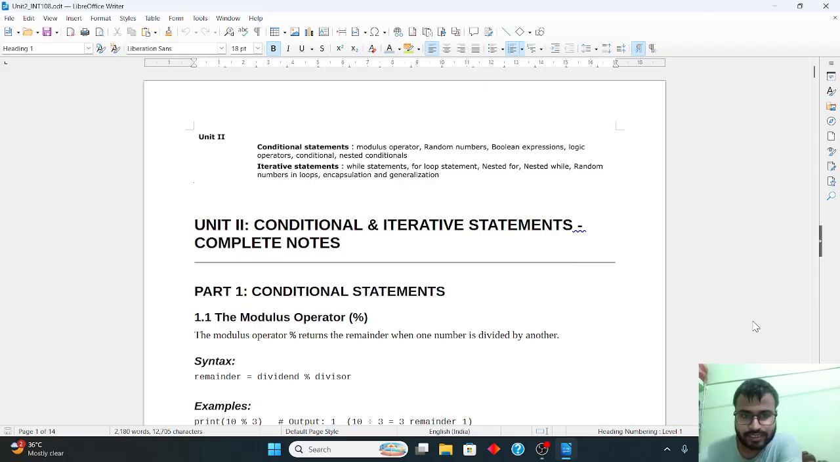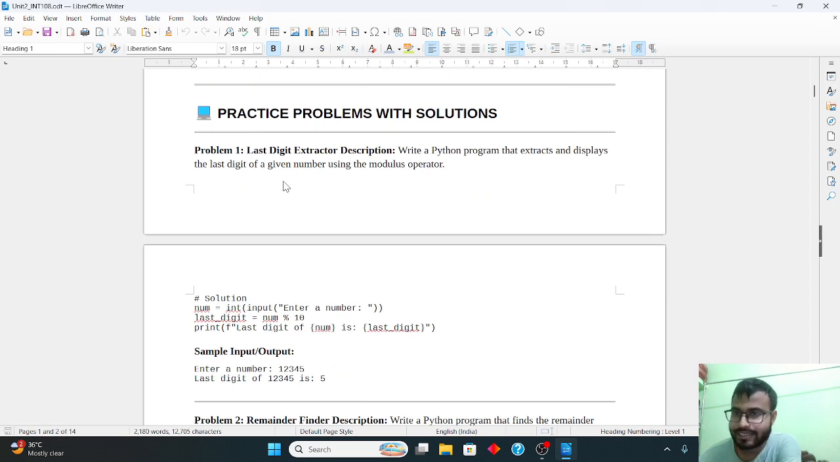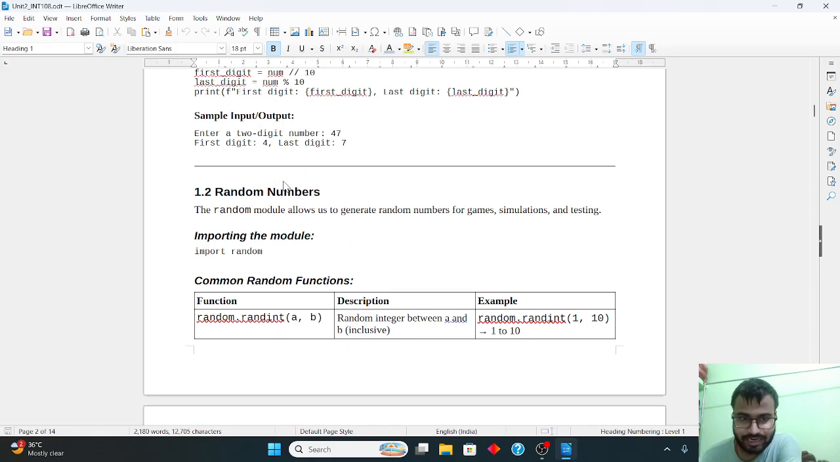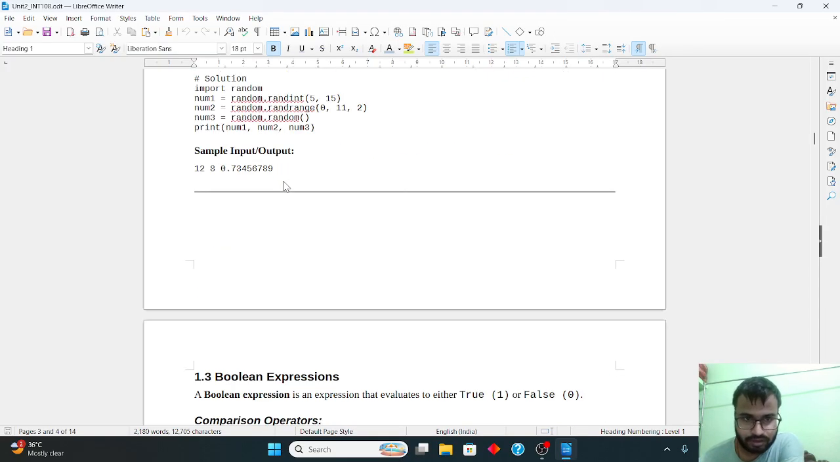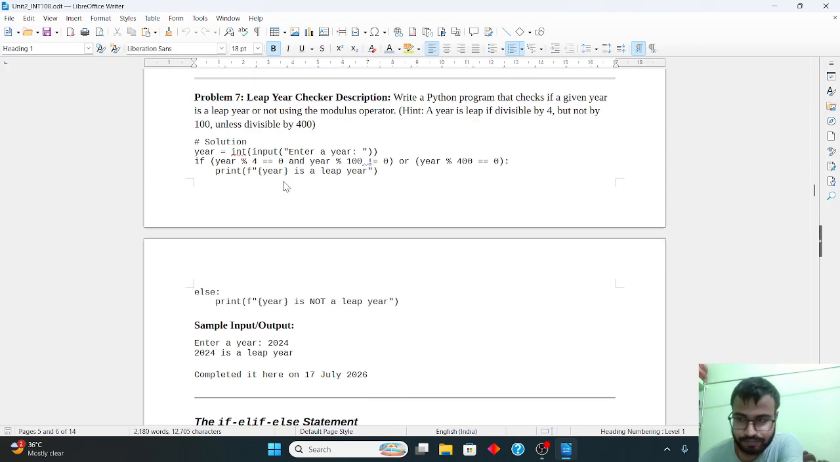So we were discussing conditionals and iterative statements. We had completed the major part of conditional statements, and I believe the last topic we had discussed was the if else statement. We had solved a problem on finding whether a given year is a leap year or not. So moving forward,